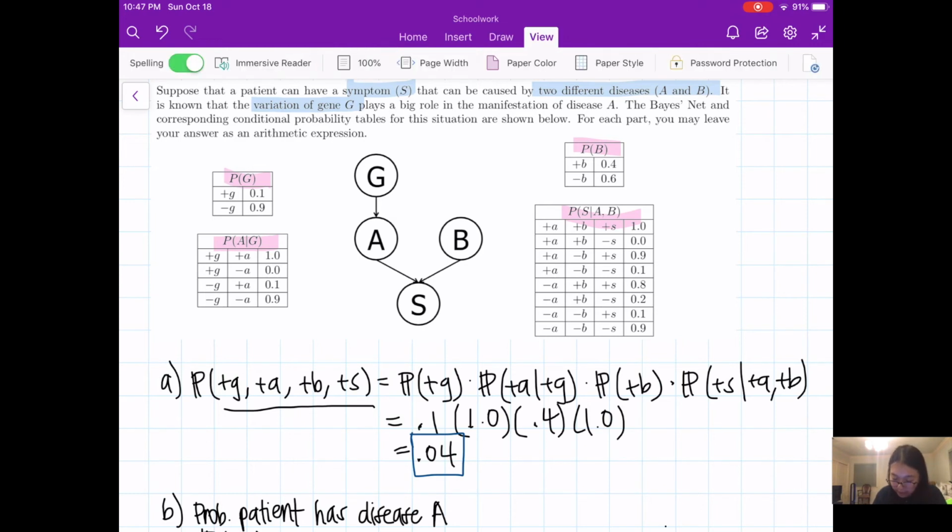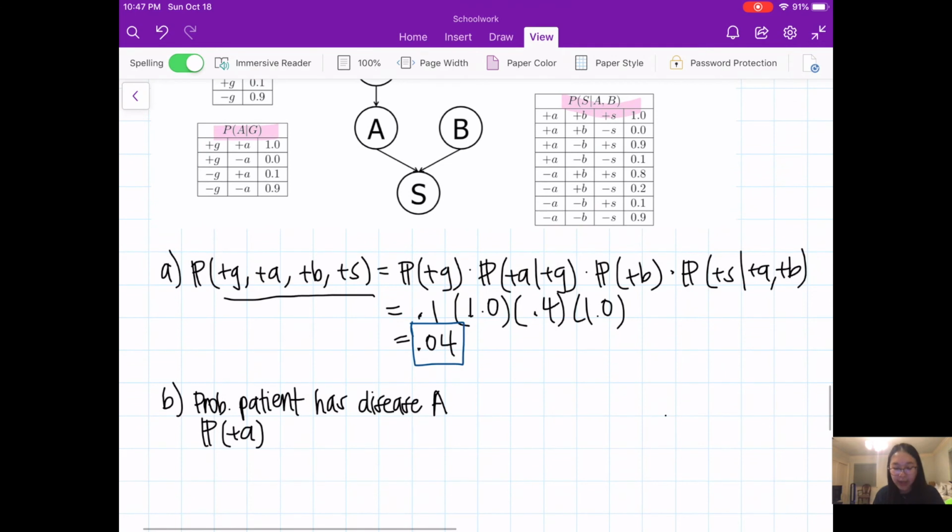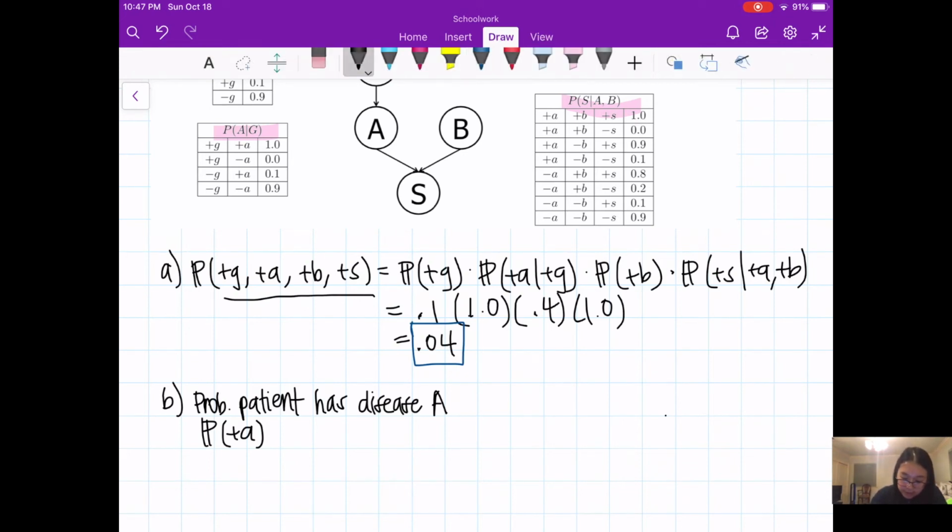And then let's move on to part B. So now we want the probability that a patient has disease A. So we want to think about what we currently have, which is P of A given G. So a common way to sum up the probabilities, if it's given a variable, is to just sum up all the possibilities of the other variable. So we know that G can either be positive or negative. So that means we can set this equal to probability of